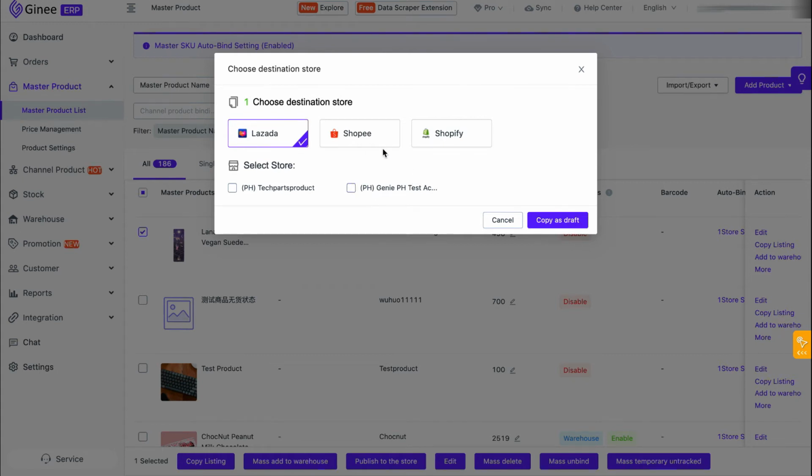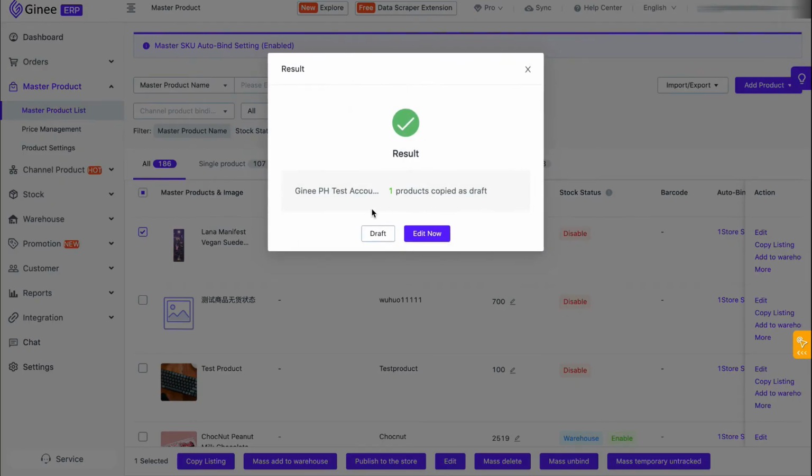Once this pop-up appears, select which marketplace channel and store you want to copy the products you selected. You can select multiple stores per marketplace channel. A pop-up will appear, which tells you that your selected products have been copied successfully. You can click Draft if you want to draft the products, but you can also click Edit Now, which will